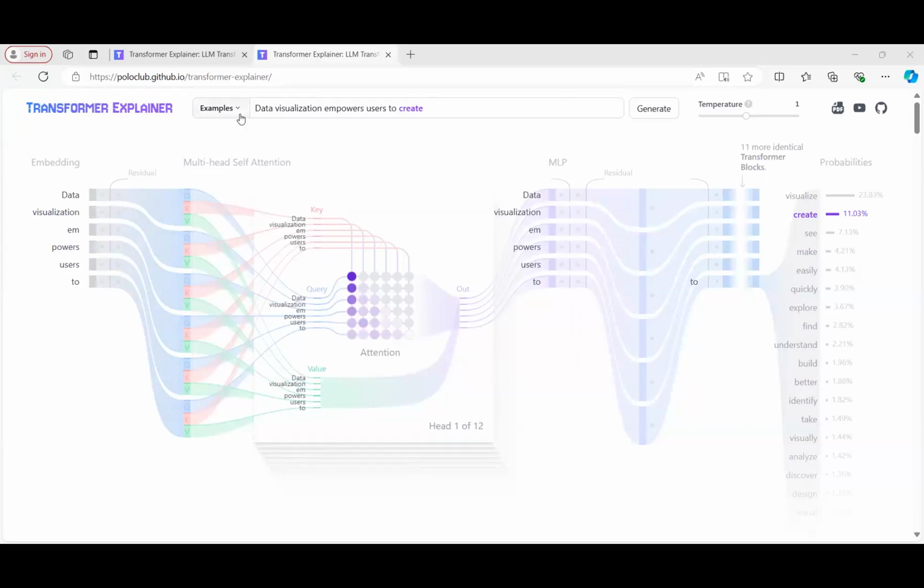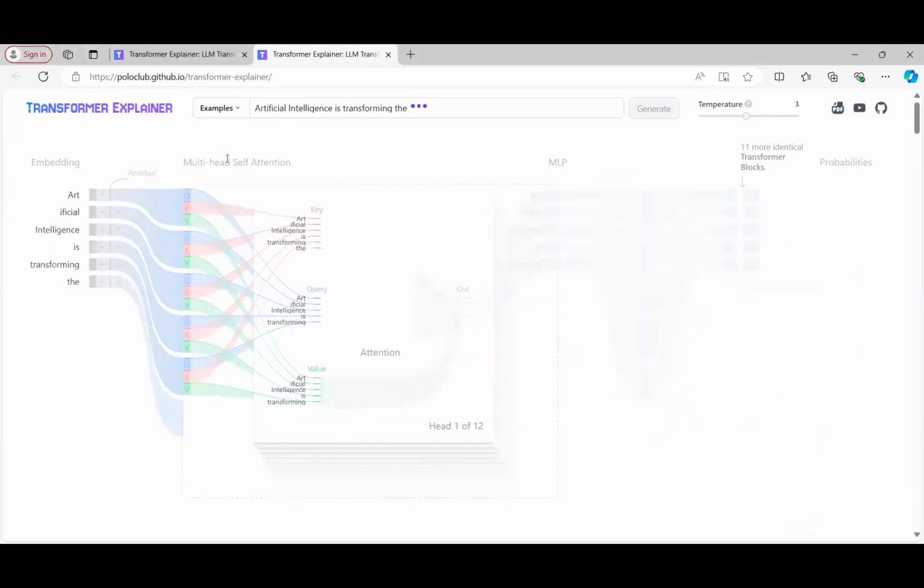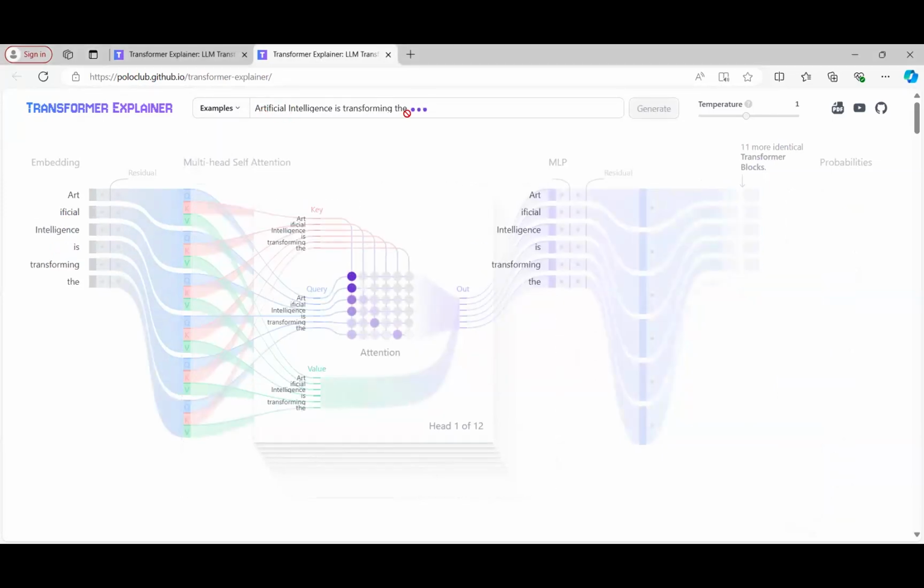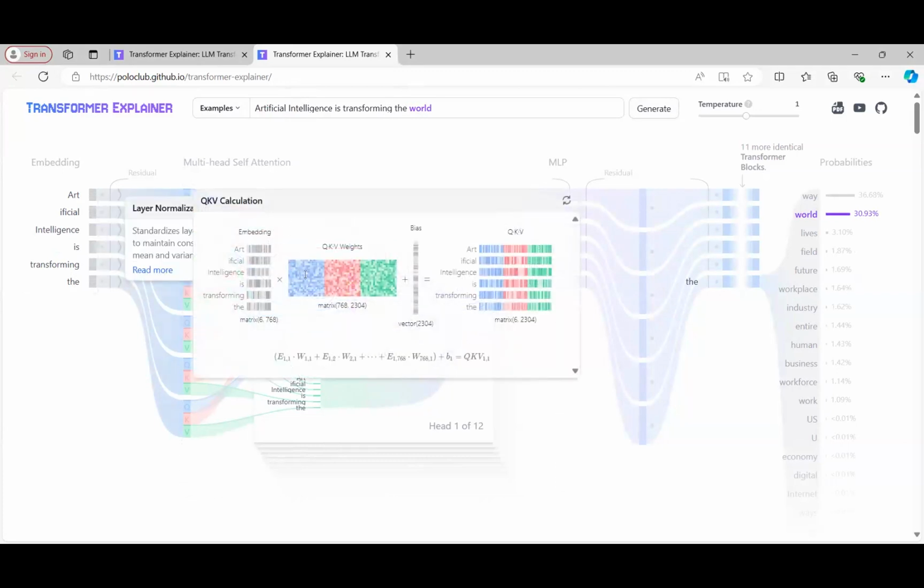For example, when you're talking to any of your text generation based models, you put in a query and you expect it to come back with a response. It has to be able to create one word after another, or one token after another. What is the next most likely word that can show up in this particular scenario? For example, "artificial intelligence is transforming", and we know what is probably a very good, more likely word that can show up. So it uses these attention based mechanisms.